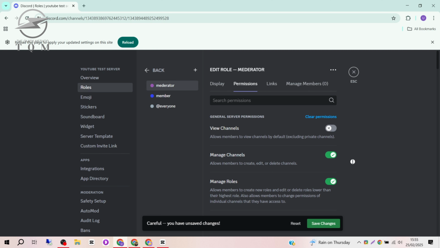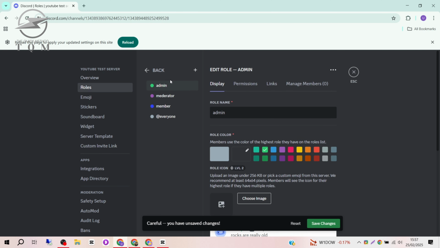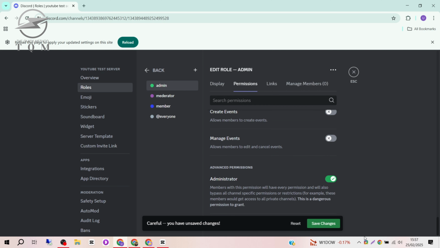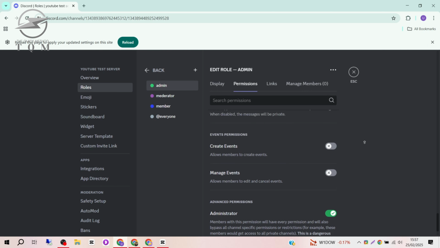Finally, we'll create the admin role. Admins get all permissions, including the ability to manage server settings and manage bots. They should also be above the moderator role in the list of roles, so they have the highest level of